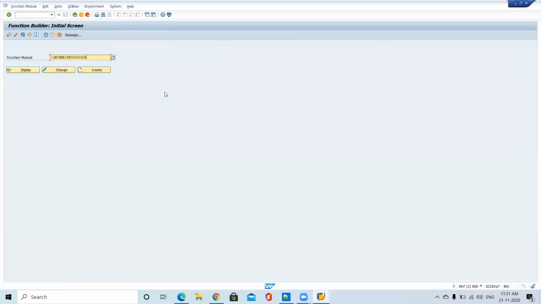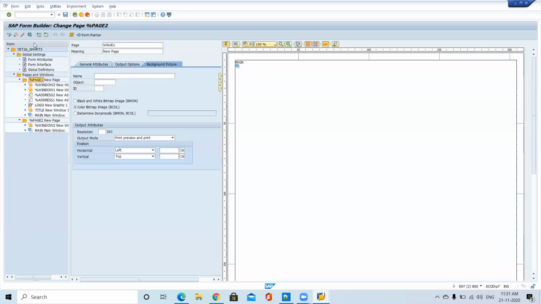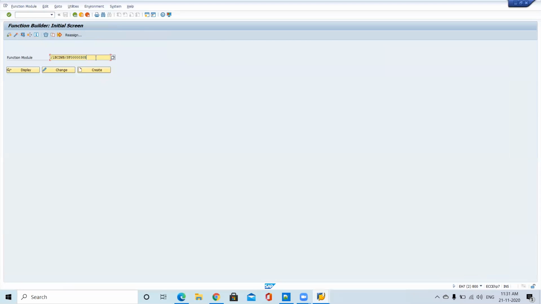In the interview, they will ask one question: this smart form, at the time of executing, is showing one function module. Is it changing every time or is it the same? Always it's 305 only. It's not changing. The first time for a smart form, internally it will assign one function module. Second time onwards, at the time of assigning, it will go back to the table and check that for this smart form already one function module is there.